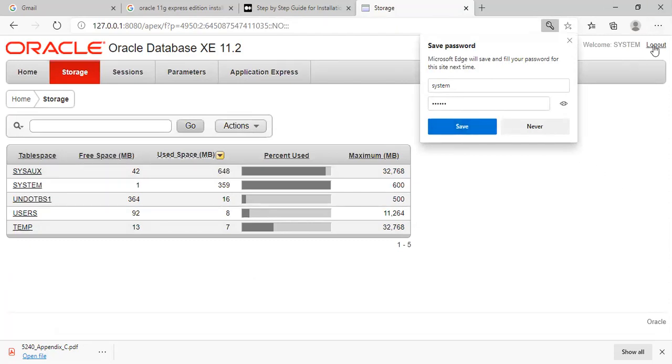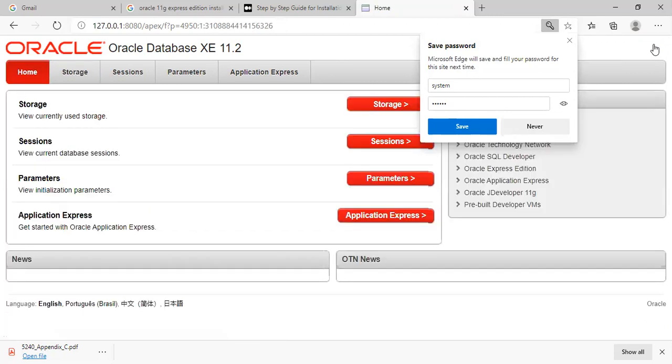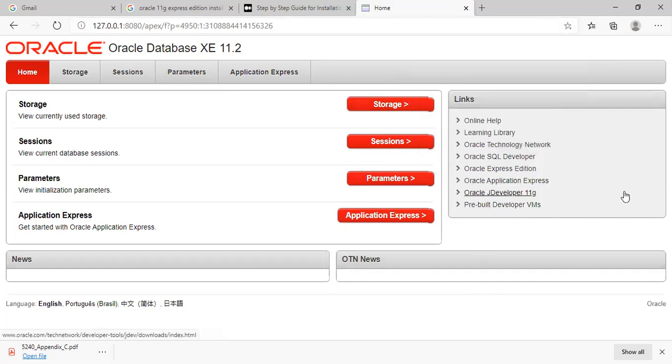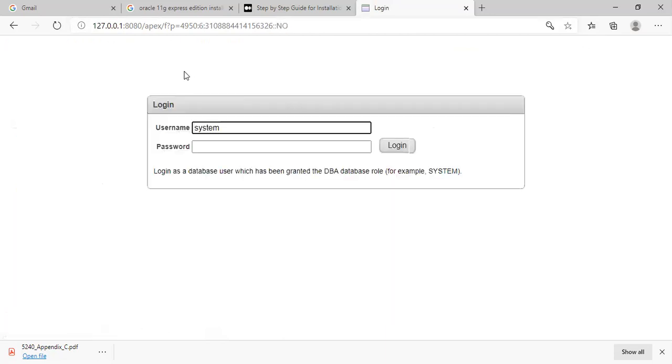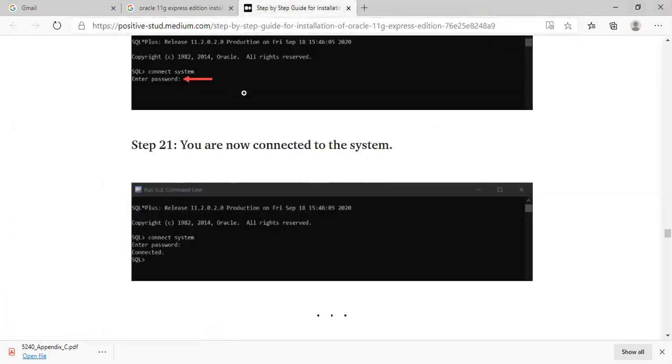Suppose we want to go with the existing one. This is the system. Suppose I want to go with the existing password, that is also available, but here they have not shown that particular window. It is one tab they have provided to us. Go with the existing user. So I want to show you that screen.